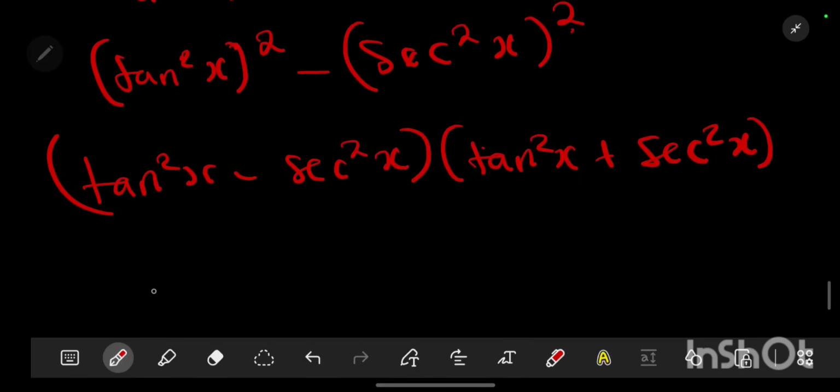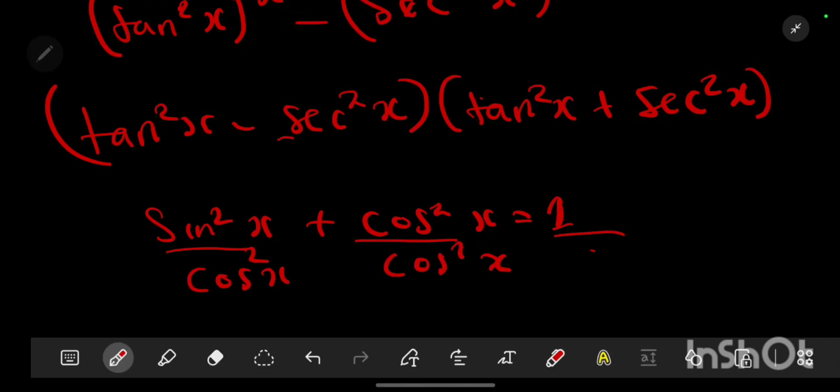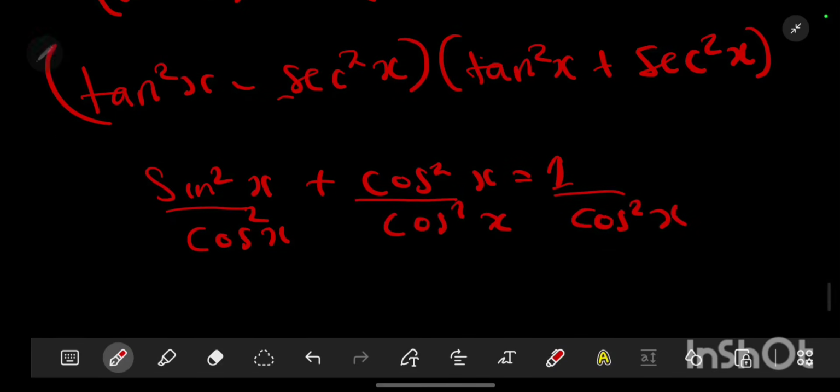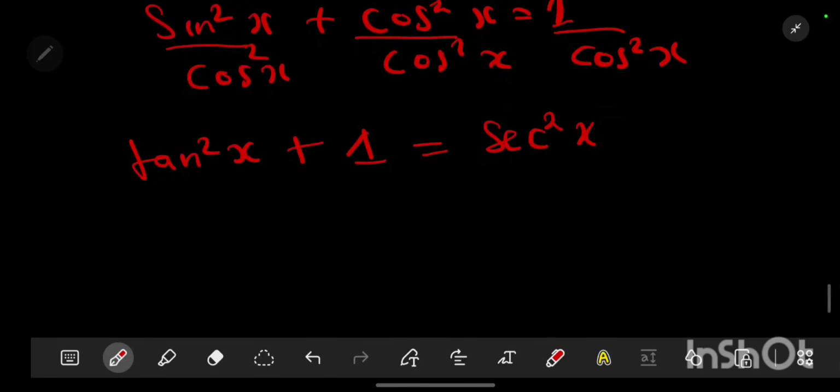Now remember, we said that sine squared x plus cos squared x is equal to 1. That means for me to produce sec, I need to divide all the terms by cos squared x. So sine over cos gives tan squared x, plus cos over cos is 1, which is equal to 1 over cos squared, which is sec squared x. So with this